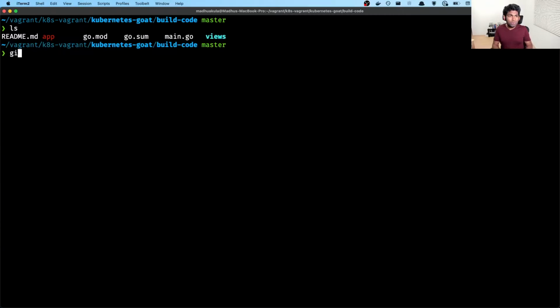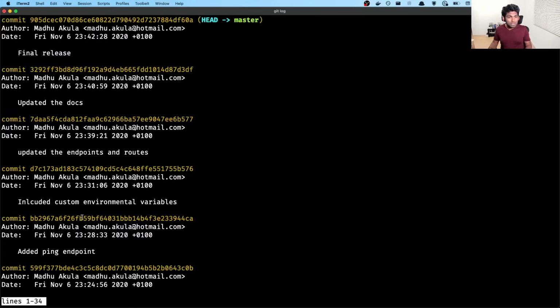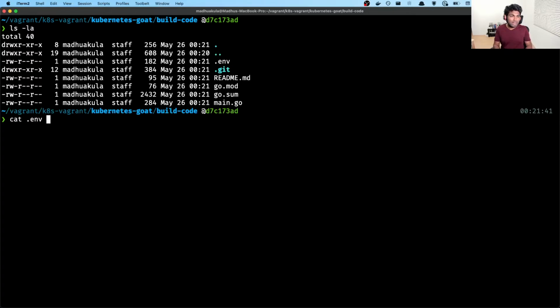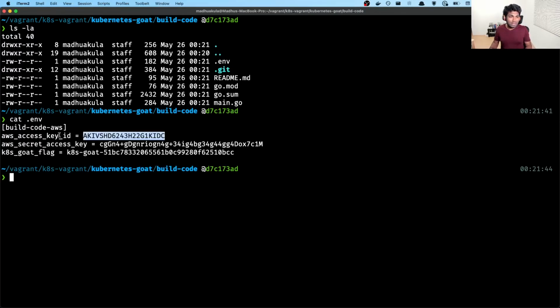This can be leveraged in more depth as well. If you look at one of the old commits of the Git, generally they have sensitive environment variables, right? So if you want to go back to a specific commit, you can check out to that commit. And now if you look, you also see an interesting file called .env, which is where you find the AWS access key and secret key and our flag. This means that one of the developers has mistakenly committed these keys into GitHub, and it was removed, but due to the version control system, which maintains the history,